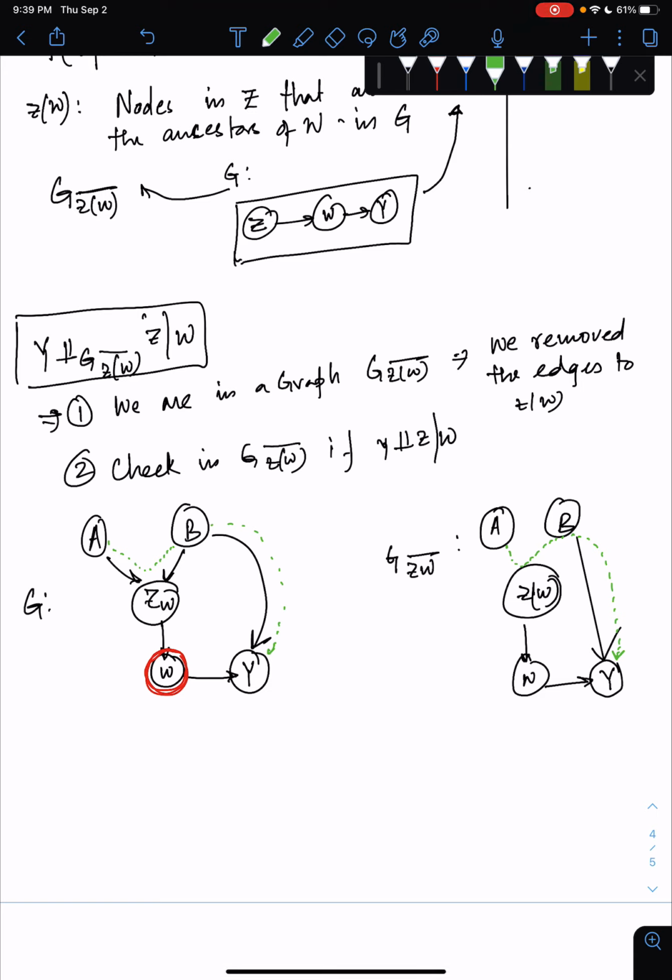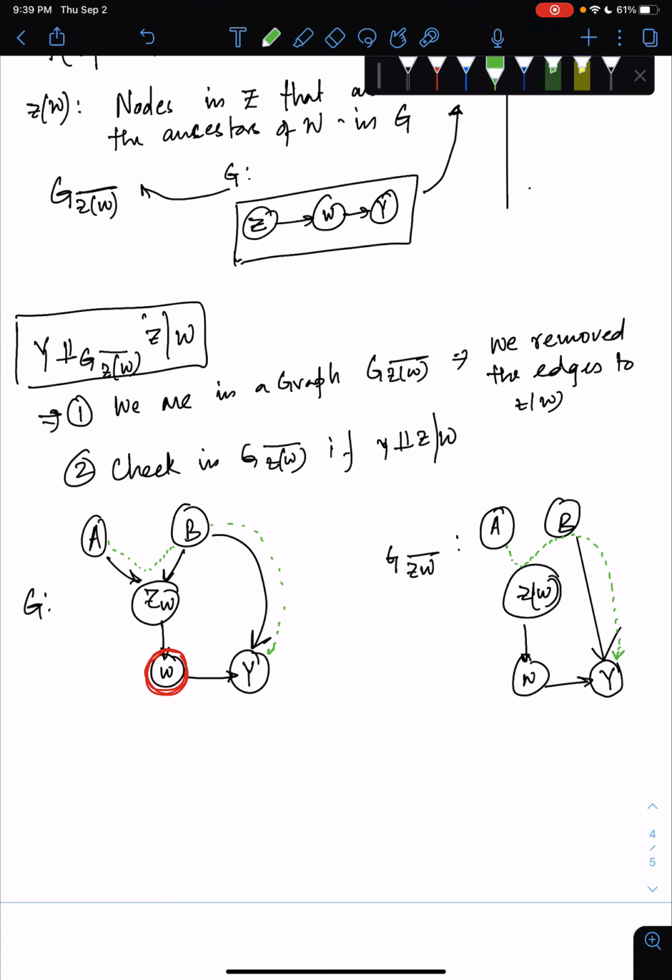So I cannot say that in my manipulated graph, my ZW and my Y are conditionally independent. So this is actually the reason why